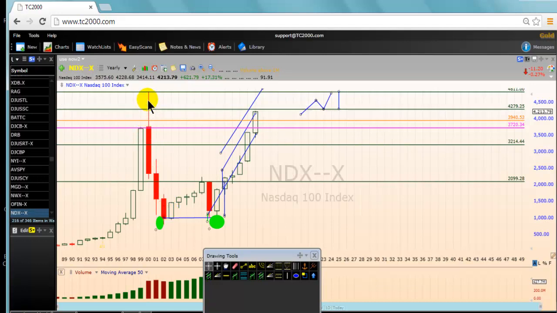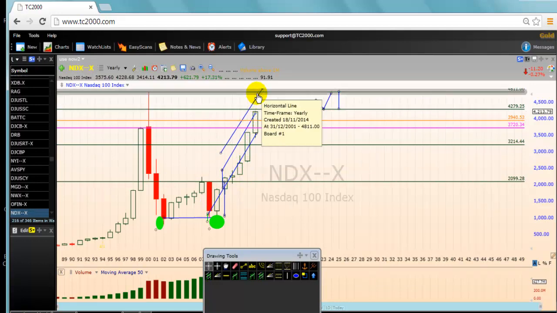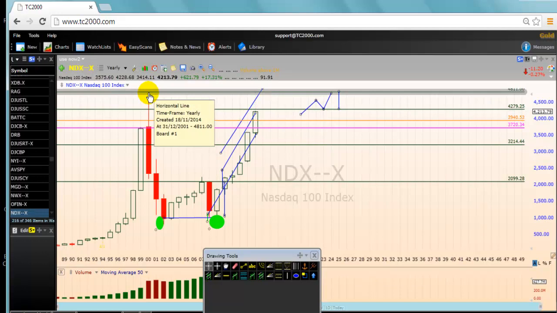All right. So this level of 4816 is the high of the year 2000, which represents a very important year for the tech sector. A new group of technology has come, and it's more reliable than what was happening here. This was a bubble. You can see that the price was not vertical. Now it started going vertical a little bit here, but that's okay. So the market will try to bring it to that level, which is the high of 2000 at 4816. You don't want to forget that level.